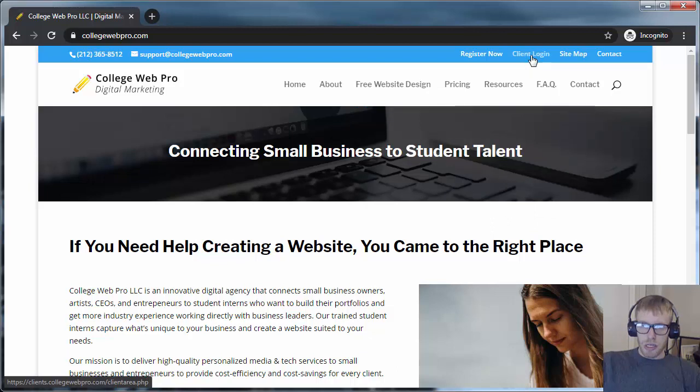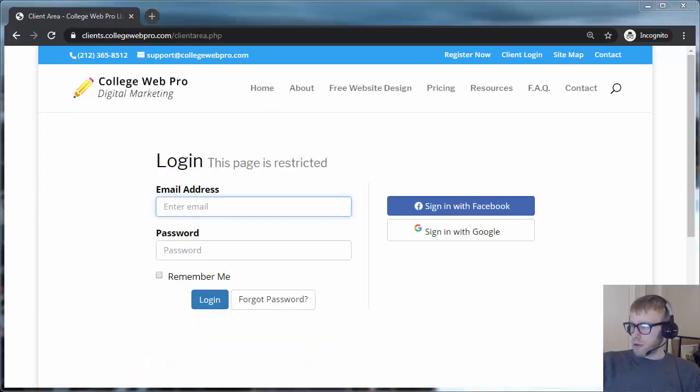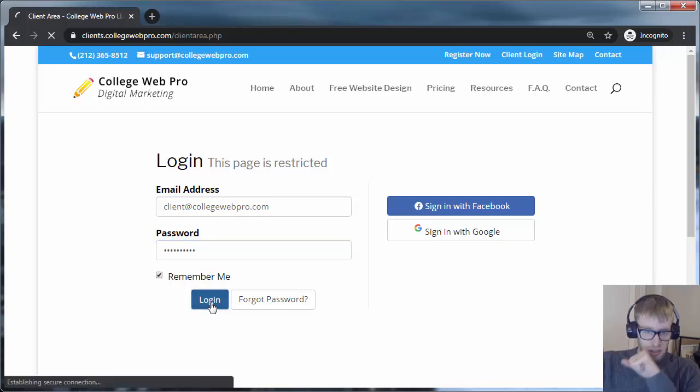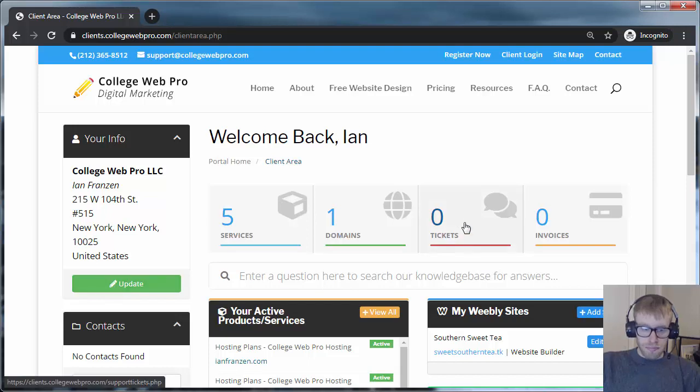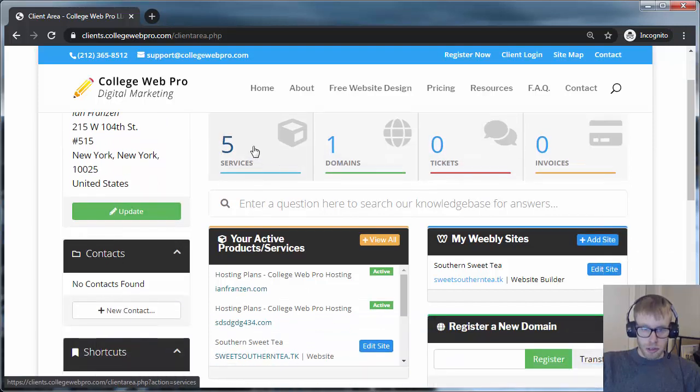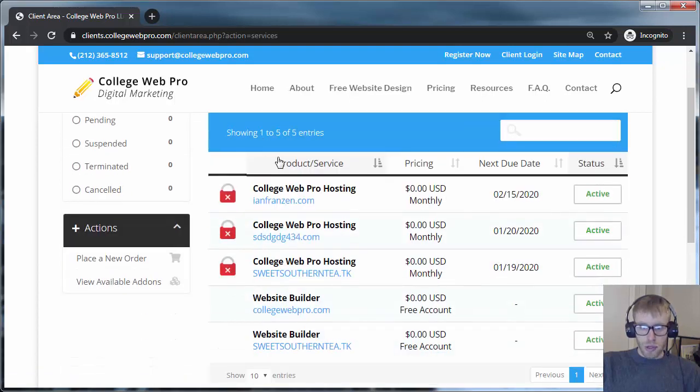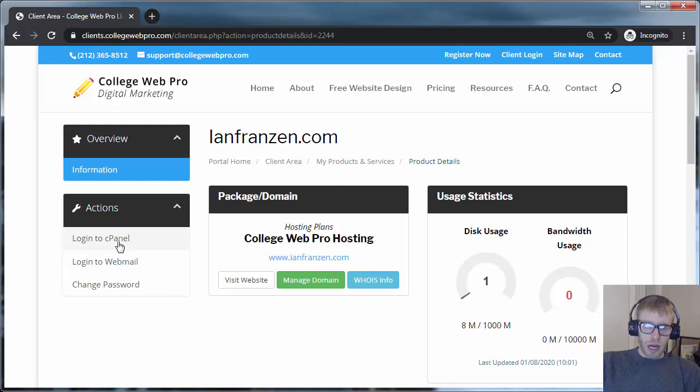The easiest way to do it is to go to collegewebpro.com and click on Client Login. It'll prompt you for your information here. You chose this password when you set up your account, and it'll be the email that you registered with. So you can log in there. Then if you click on your services and then click on the domain, I'm going to click this one here because this is the example I'm going to be showing you, ianfranzen.com. Then if you click on Login to cPanel,